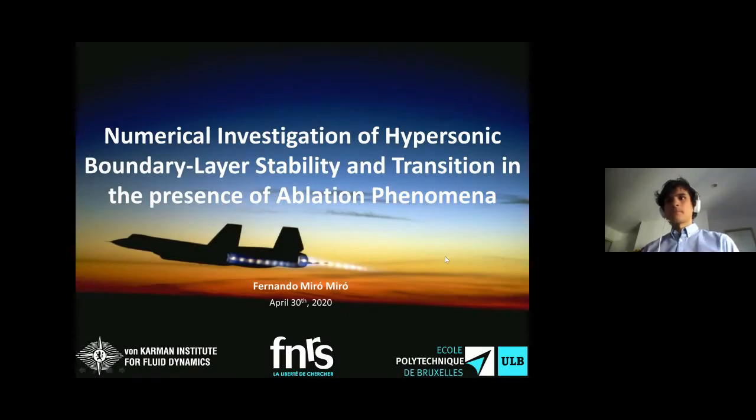Please welcome everybody, the jury members and also the general public to this public presentation of the PhD thesis of Fernando Miró Miró. So some weeks ago we had the private defense and the jury members have already been able to view and ask questions to the candidate and view the thesis. Today we will see the final public presentation and then there will be time for questions again. So please, if the supervisor agrees, the supervisor is Gérard Degrez, the thesis promoter, then we can start with the public presentation. It's fine with me.